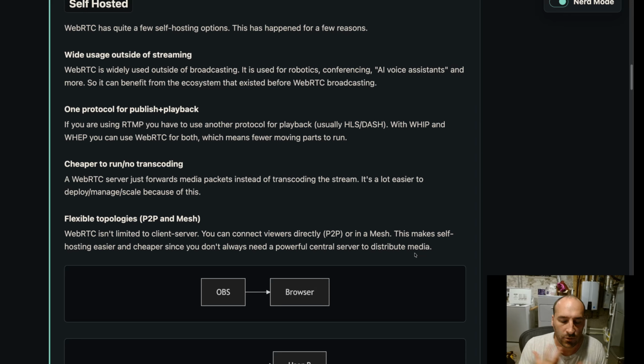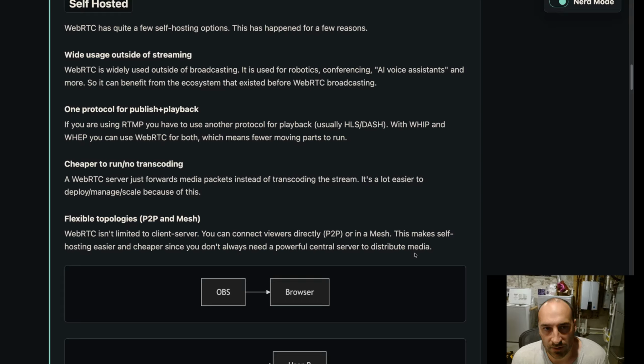I don't think this is important to most people, but if you're in the open source community and you care about this, this is one of the reasons that I love WebRTC, or the parts that excite me, is that it's really easy to start up your own WebRTC server like Broadcast Box or all these others. And there's a couple different reasons for it.